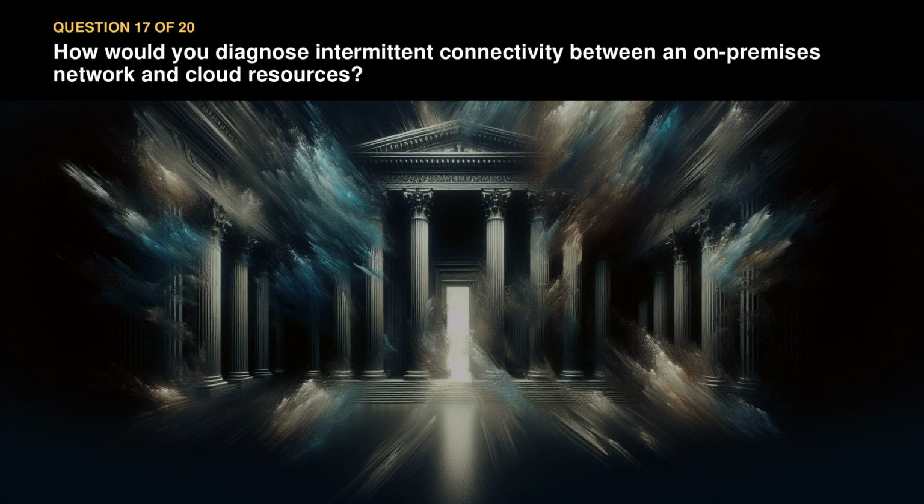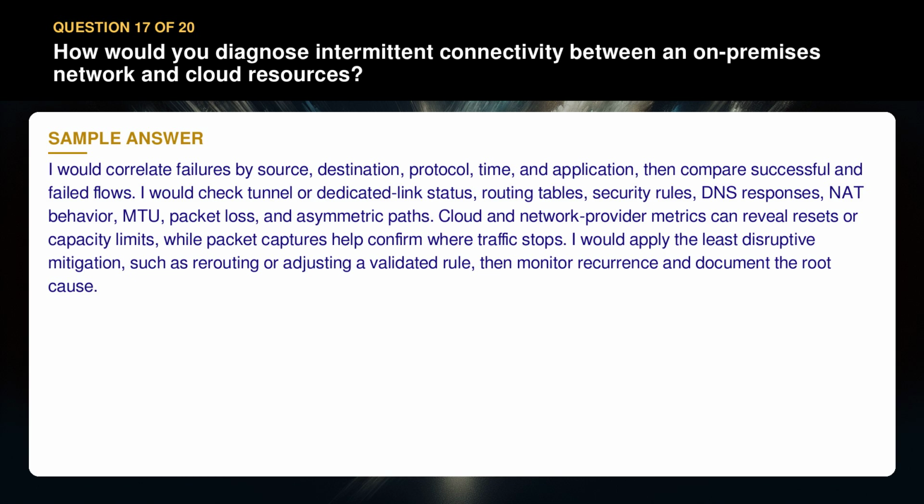Question 17. How would you diagnose intermittent connectivity between an on-premises network and cloud resources? I would correlate failures by source, destination, protocol, time, and application, then compare successful and failed flows. I would check tunnel or dedicated link status, routing tables, security rules, DNS responses, NAT behavior, MTU, packet loss, and asymmetric paths. Cloud and network provider metrics can reveal resets or capacity limits, while packet captures help confirm where traffic stops. I would apply the least disruptive mitigation, such as rerouting or adjusting a validated rule, then monitor recurrence and